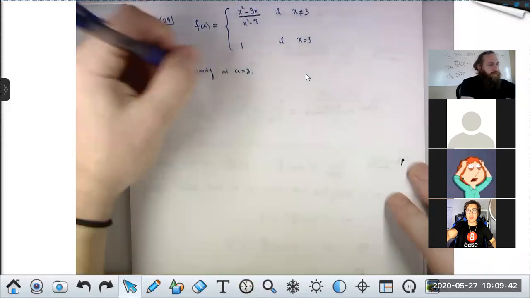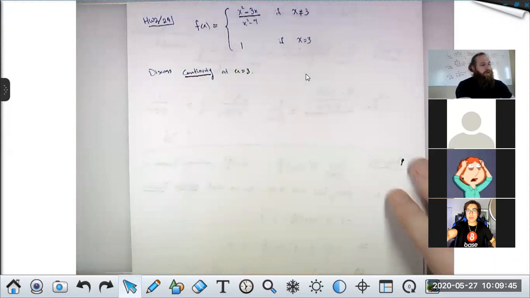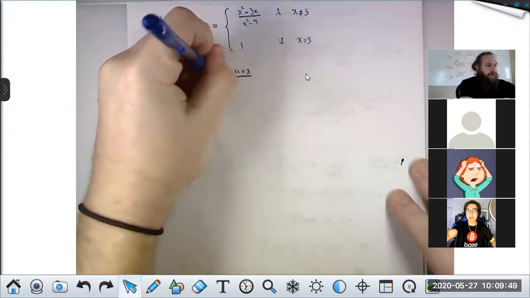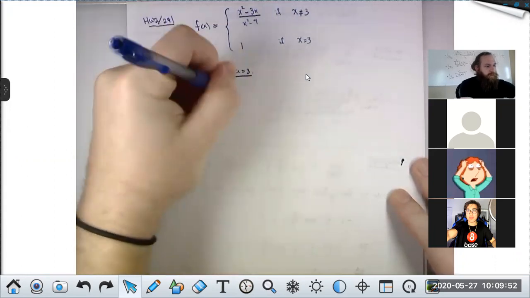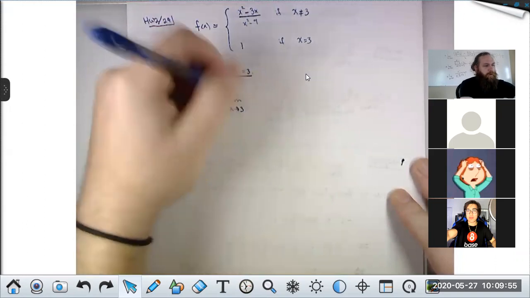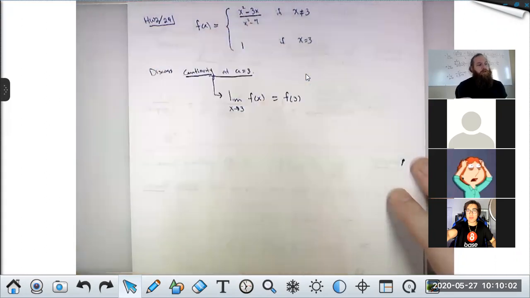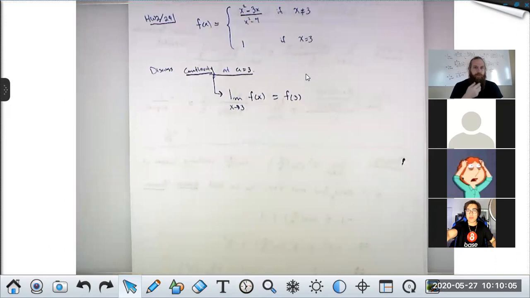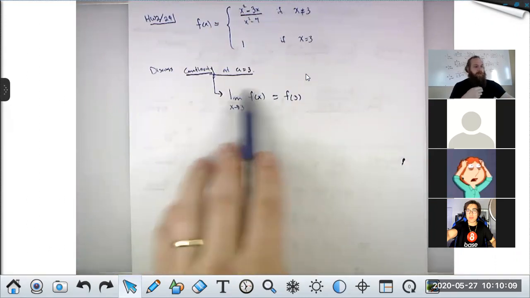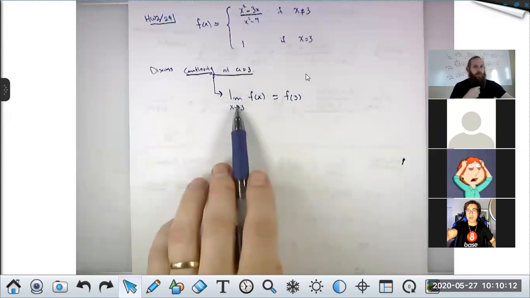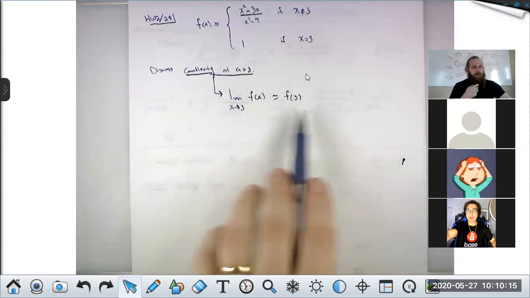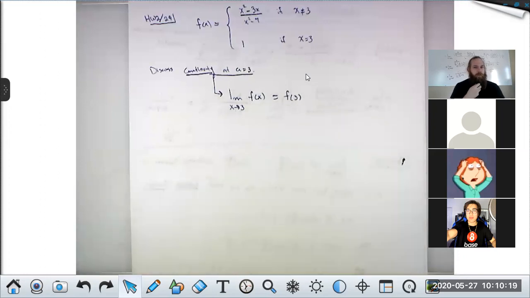They want us to discuss the continuity of f of x at a equals 3. And remember, what it means to be continuous at a equals 3 is that the limit as x approaches 3 of f of x is equal to f of 3. So this is what we want to check for, which means that this limit has to exist, meaning the left and right limits have to be the same. This thing has to exist, meaning 3 has to be in the domain of f of x, and they have to be equal to each other. So there are 3 different things that we need to check when we're asked, is this function continuous at this place? So first,